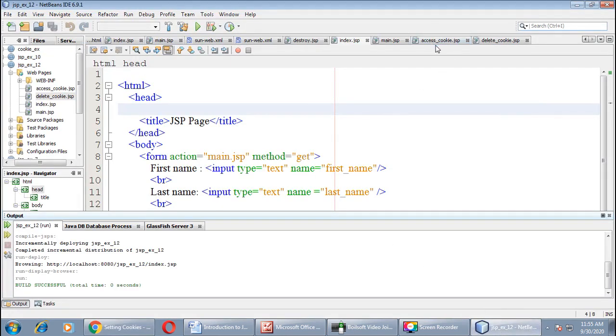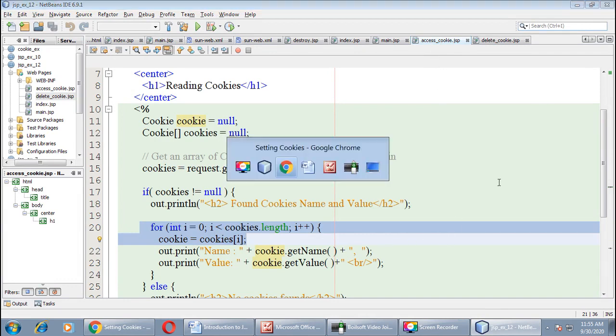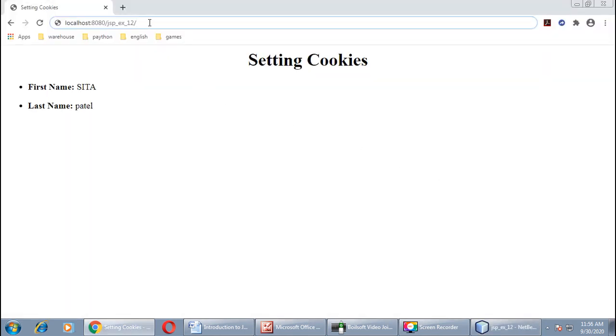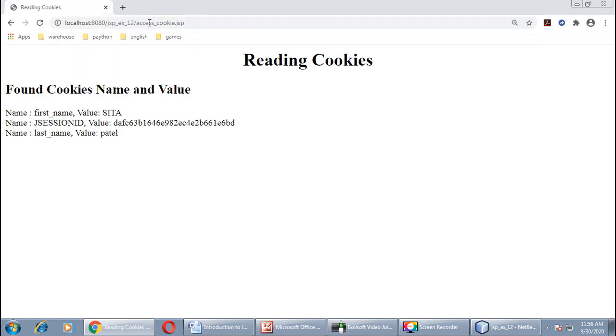As we have accessed the name of the cookie through this page, access cookie, this will show you the names of all the cookies available or created by our index.jsp and main.jsp, right?